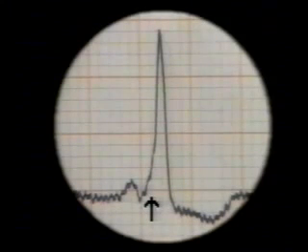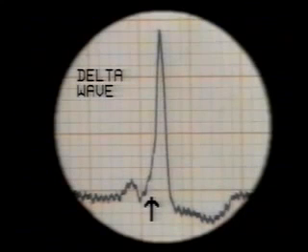There is no isoelectric line between the P wave and the QRS complex. The R wave starts immediately after the P wave and the QRS complex is wide, almost 3 small squares wide. Now study the QRS complex more carefully. You will notice that only the initial portion is wide and slurred. The downstroke of the R wave and S wave are perfectly normal. This slurred upstroke at the beginning of the R wave is called the delta wave.